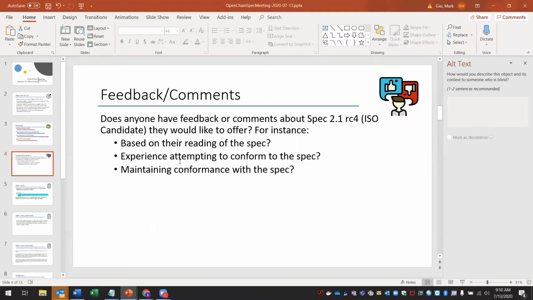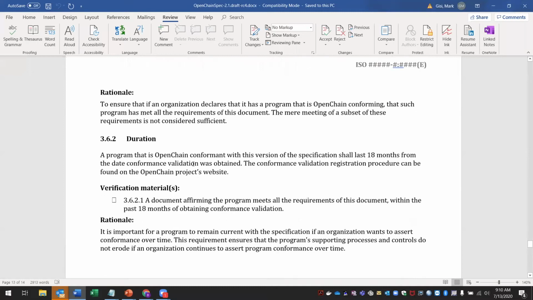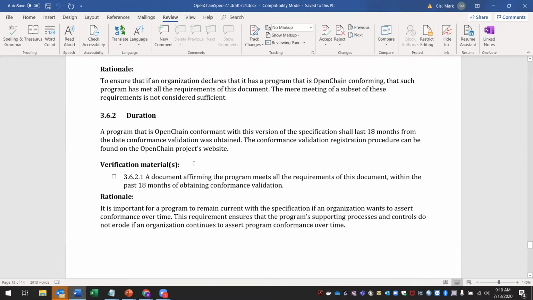Sorry, as I said, it's both of them. It is that sort of 3.6.1 and 3.6.2, which is the 18 months duration. How is that reminder handled? Is the organization itself expected to revalidate, or are we likely to receive a reminder from the certification team to say you need to renew your certificate? Okay, great. I think that's a helpful discussion to have.